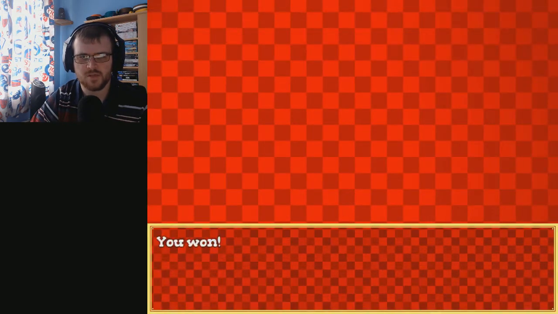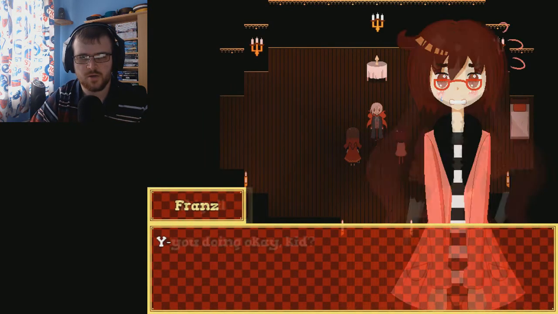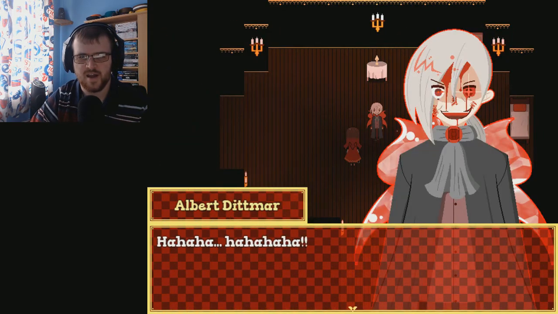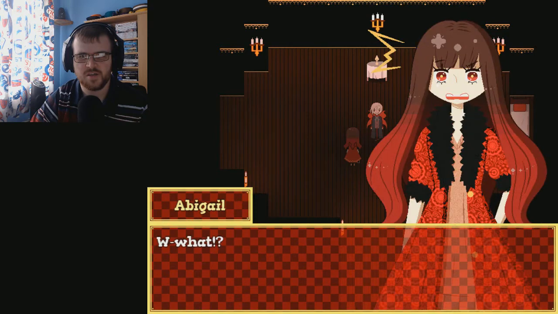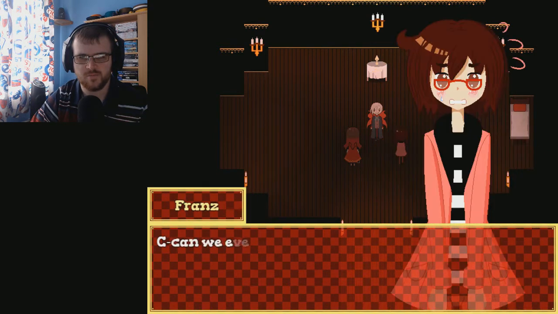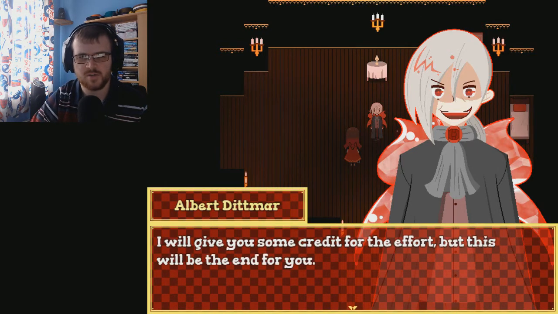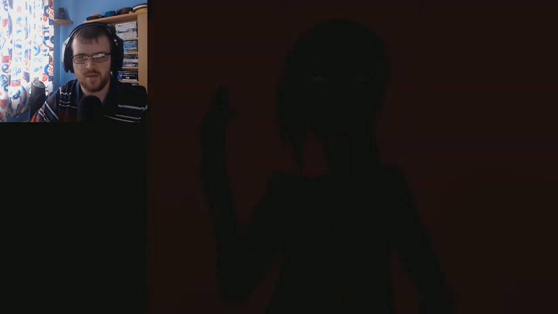And you fall down. 100 experience. You doing okay, kid? Yeah, Grandfather's tougher than I thought. Futile, you feeble idiots. Did you really think you could kill me? What, looks like he really is immortal. Can we even beat him? You petty little things. Do you honestly think you stood a chance? I will give you some credit for the effort, but this will be the end for you. Now let me...